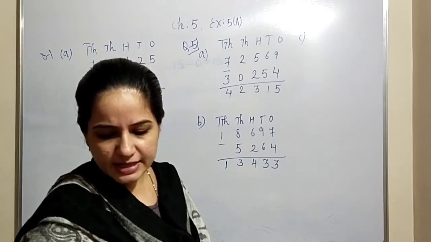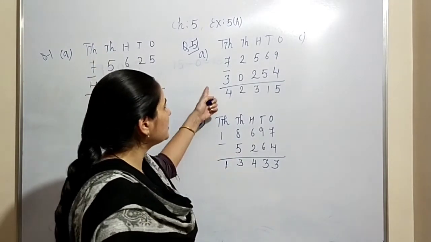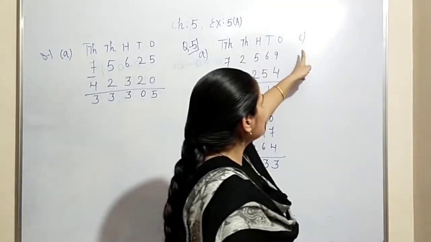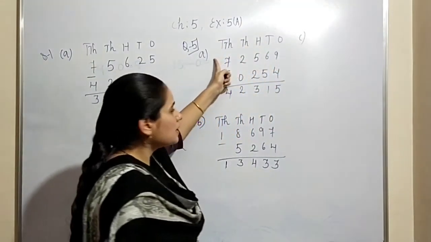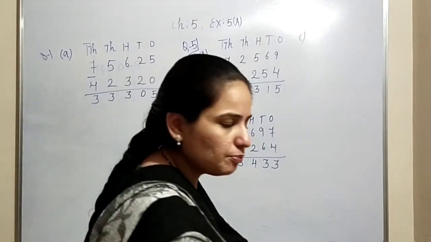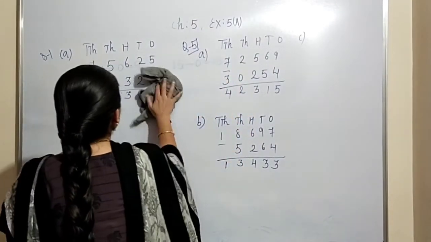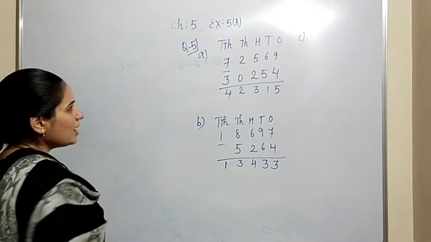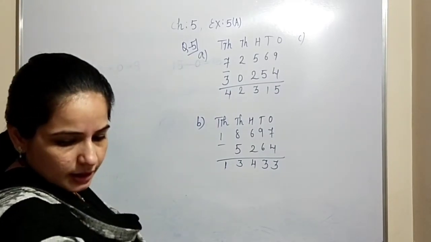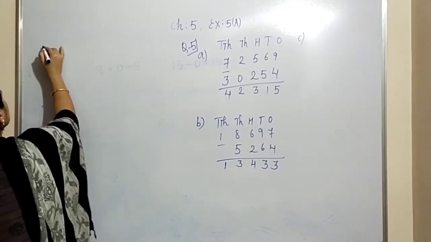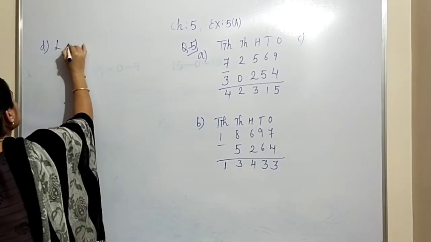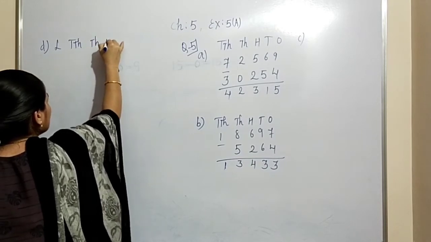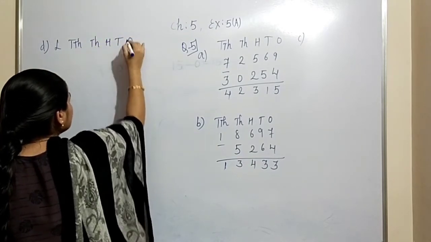Okay, C, the number is up to 10,000, which we have already solved as per number A. So you will try to solve number C as per number A. We'll do number D now, because in that you are given the place value up to lakhs. There you are given 5-digit numbers. Number D: lakhs, 10,000s, thousands, hundreds, tens and ones.